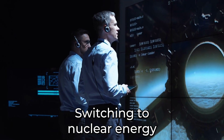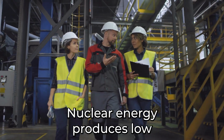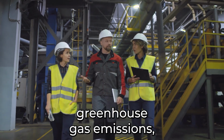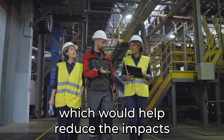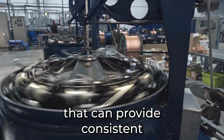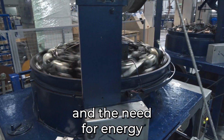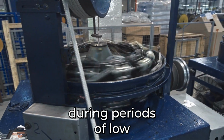Switching to nuclear energy as the primary source of power could bring several potential global benefits. Nuclear energy produces low greenhouse gas emissions, especially compared to fossil fuels, which would help reduce the impacts of climate change. Nuclear energy is a stable source of energy that can provide consistent power to the grid. This reduces the need for energy storage and the need for energy from fossil fuels during periods of low renewable